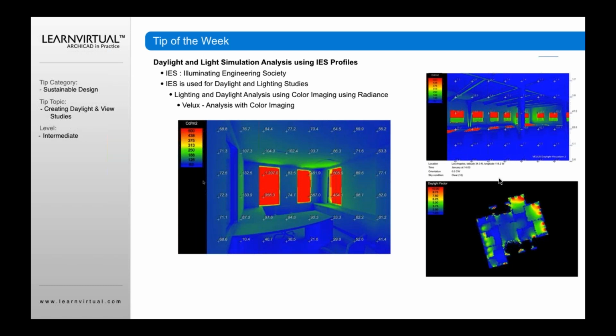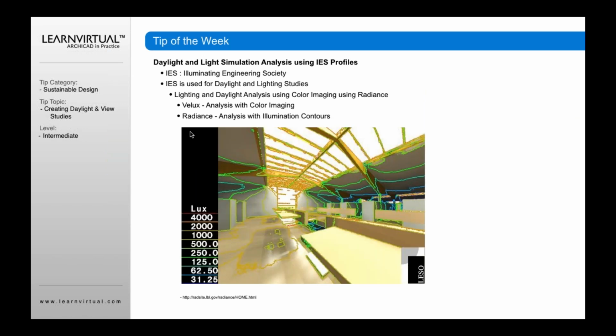You can also use the IES for daylight and lighting studies. VLUX is software that you can purchase that will do analysis for color imaging. This is a great one for looking at the energy coming into the room from the sun and from other lights in the room, and how that is affecting your space. You could also use Radiance. This is from Lawrence Berkeley National Laboratory. You can go here to